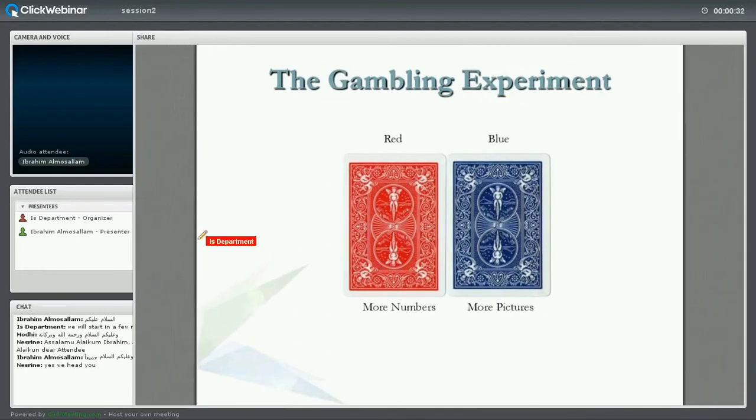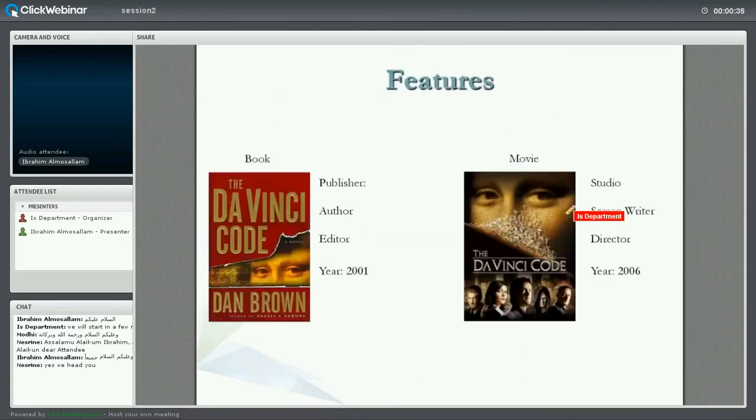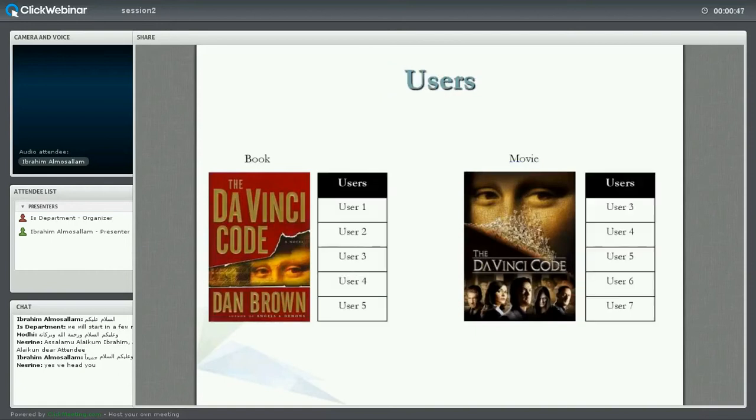So the trick is to use people as our features instead of regular features. For example, for books and movies, instead of describing them by their normal features like publisher, studio, author, editor, and so on, we'd replace them by the users who bought the movie or rated the book. And now we can cross-compare between two different items. Say,